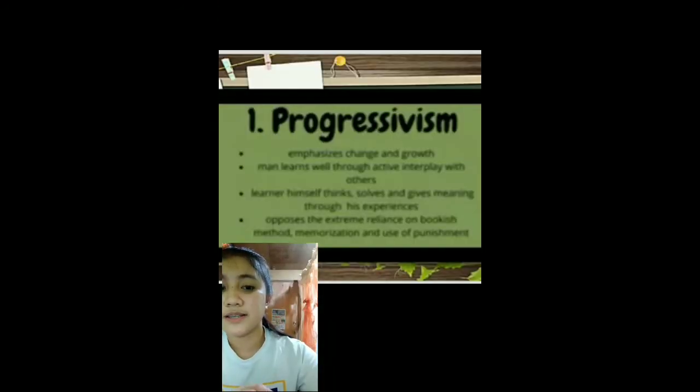First, progressivism. Progressivists believe that individuality, progress, and change are fundamental to one's education, believing that people learn best from what they consider most relevant to their lives. Progressivists center their curricula on the needs, experiences, interests, and abilities of students. They believe that education should focus on the whole child rather than on the content or the